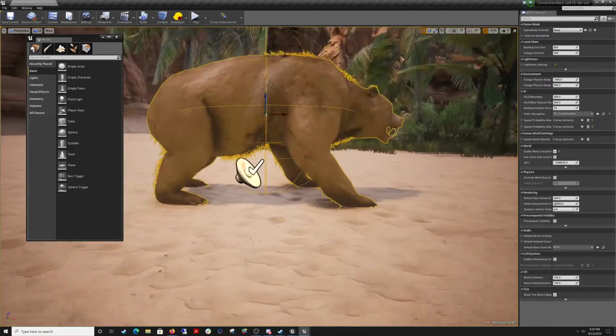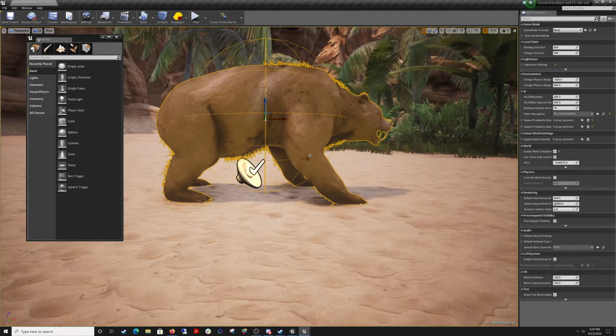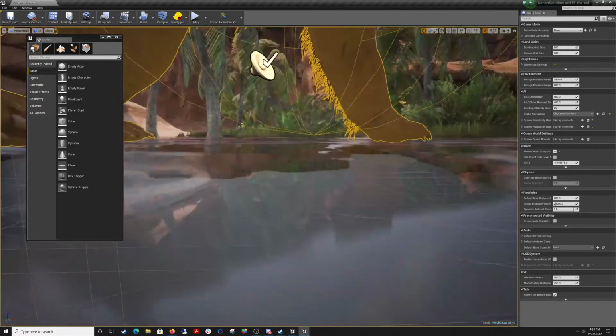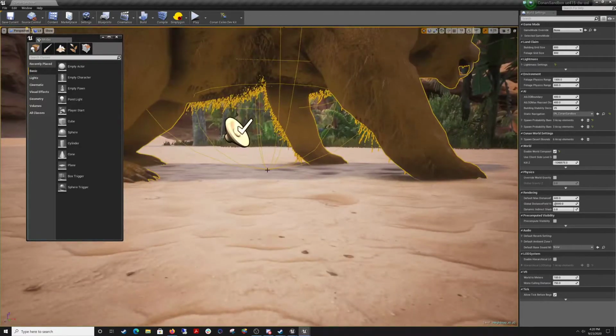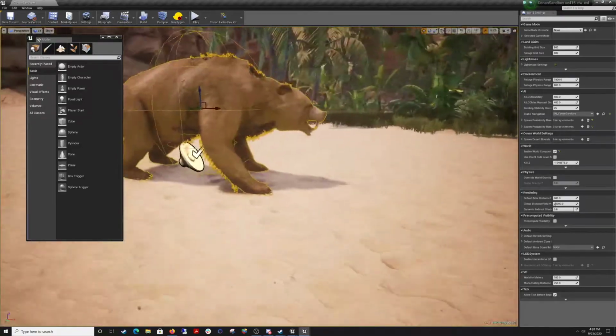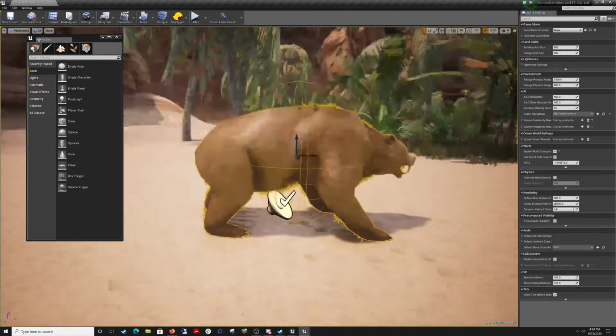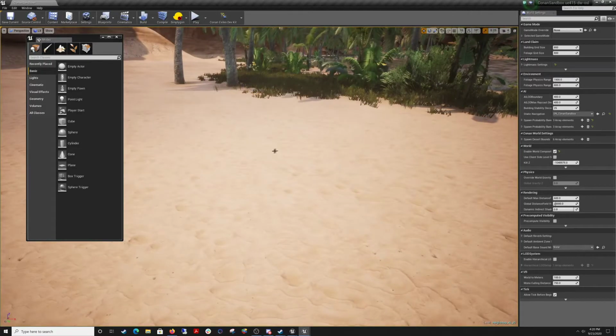As you can tell, this bear has this collision and this cage around him. And this cage, where the points meet, is what it uses to navigate across the terrain. So you want to allow this cage to flow over the terrain, because if you don't, you're going to get